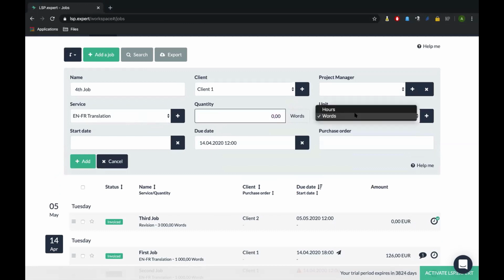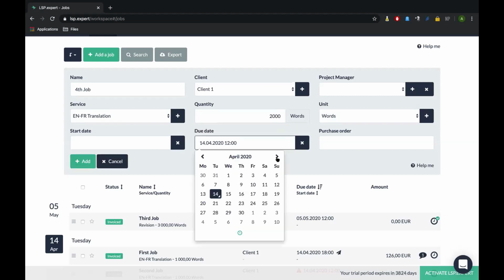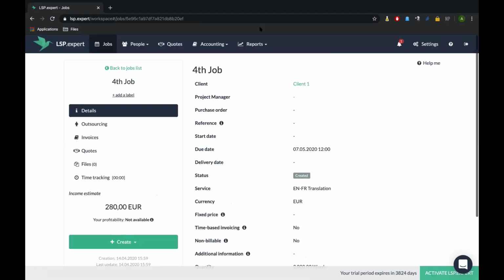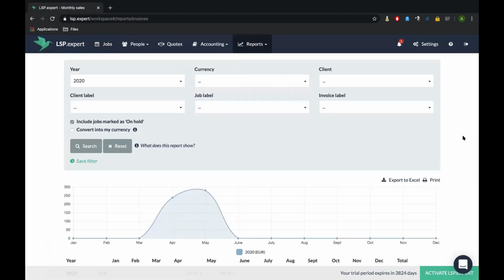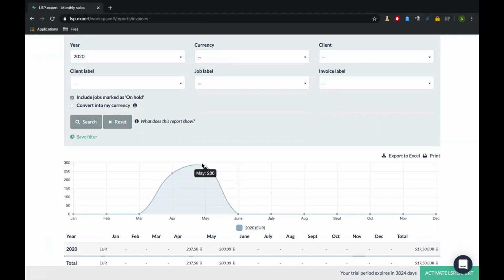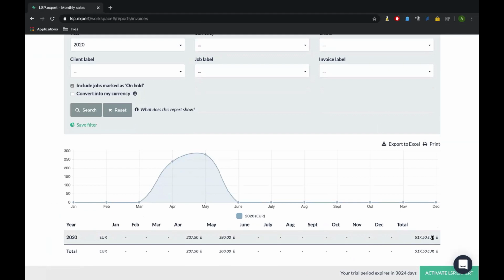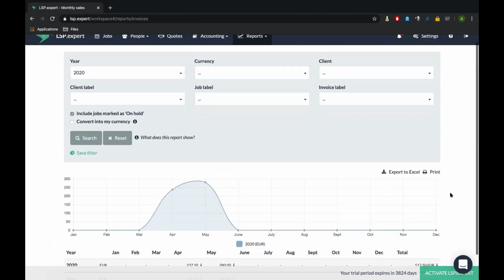I'm going to work per word and I have 2000 words. Again, in May. Okay, so I created my job. I should get 280 euros from that. If I go to my reports, I can see that automatically it has been added with the other task for May, and that my total also has been updated.